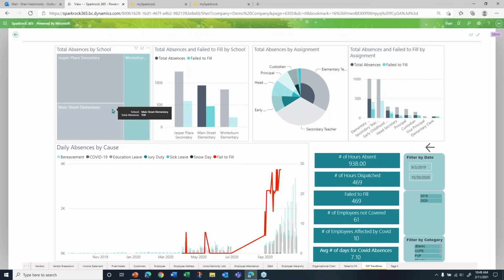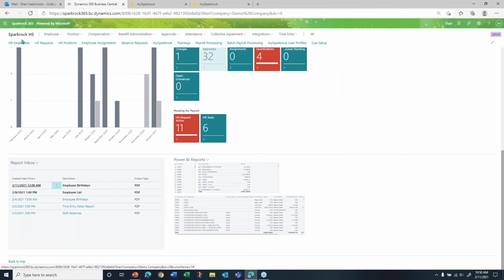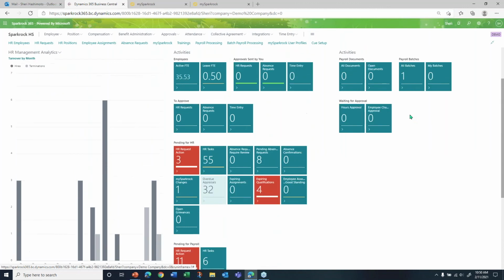And the point here is that when it comes to making decisions based on your most current situation, this is where BI reporting has the ability to see trends comes in, and having access to this kind of organizational insight can really help you become more proactive when you're making those workforce decisions, right? And then being able to back up those what have been feelings or suspicions with actual data can now support your case if needed. Okay, so that was a really high level gander at our HR,